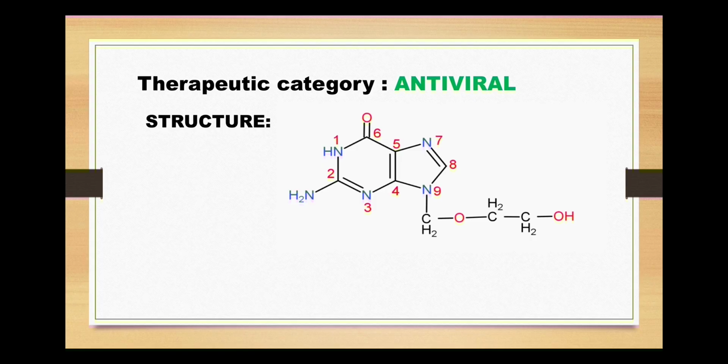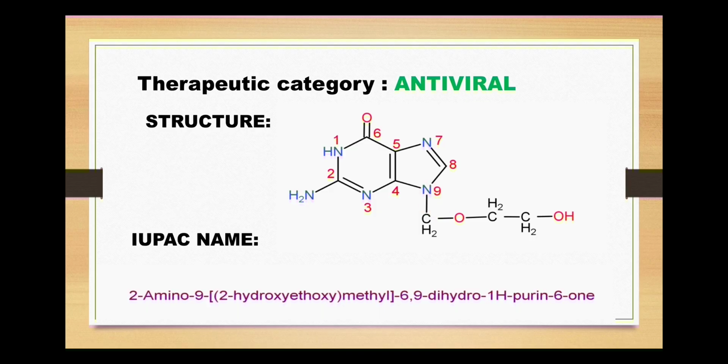Please keep in mind that for purine nomenclature, we will number the pyrimidine ring first and then we will number the imidazole ring. So the nitrogen of imidazole acquires the position number 7, this is 8 and this is 9. So according to this, the IUPAC name of this compound will become